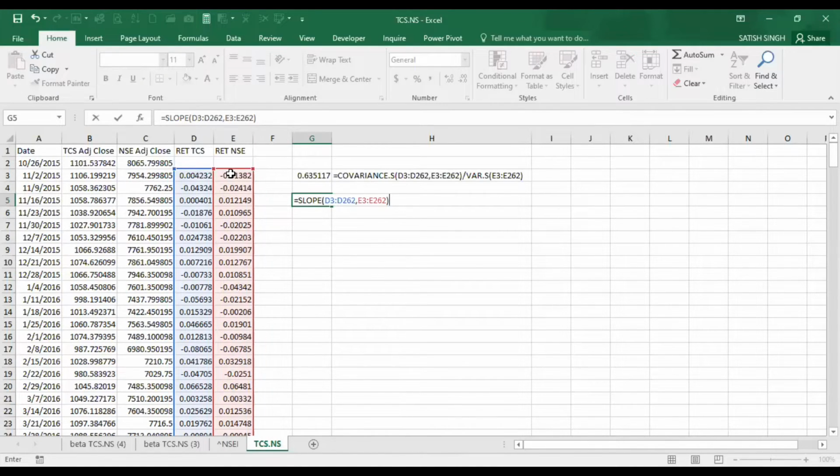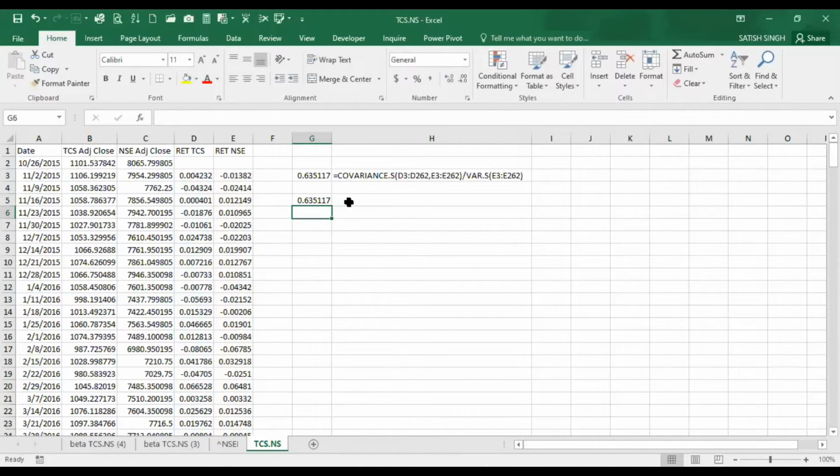So here if I hit enter, it is giving me the same value. So let's copy this formula. What formula have we applied this time? It is a slope function.